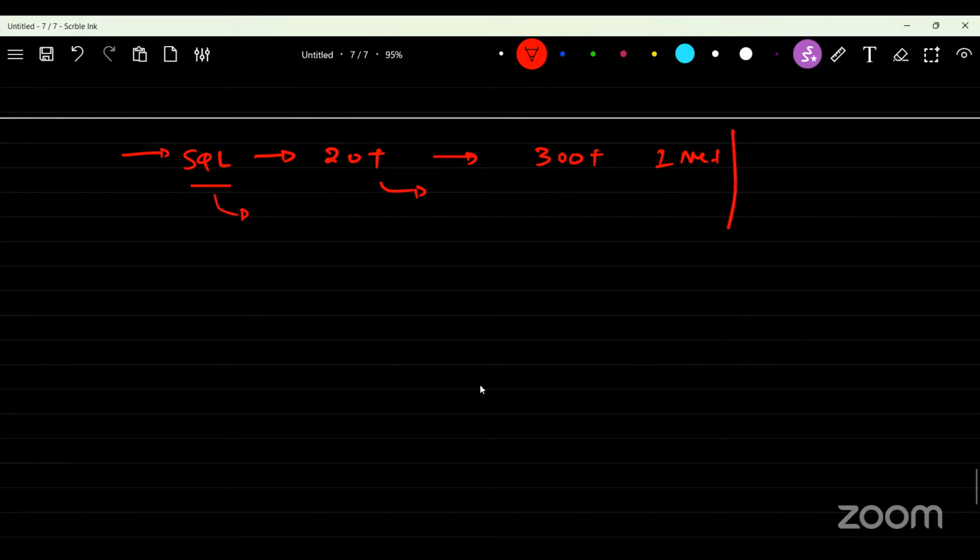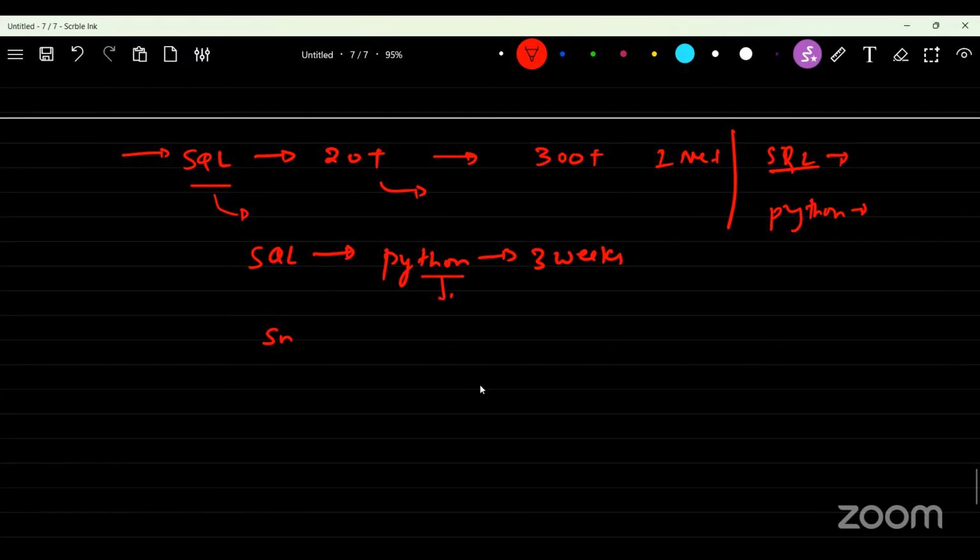Usually we start giving demo before SQL because few folks who don't know SQL want to join at SQL, and few folks who know SQL directly want to join from Python. So a second demo will be given for the batch from Python. Now we have completed SQL. Now after this, we are getting started with Python. Python will go for the next 3 weeks. Whatever is required for data engineering, all basic concepts will be seen here. And then after that, we'll be doing Snowflake, DBT.